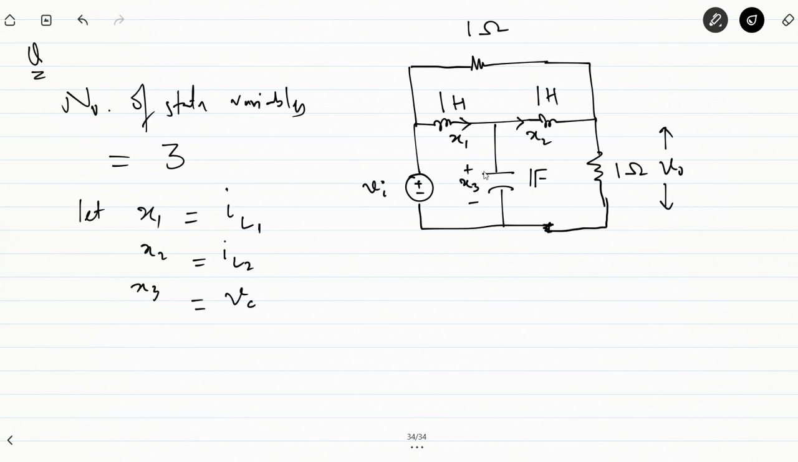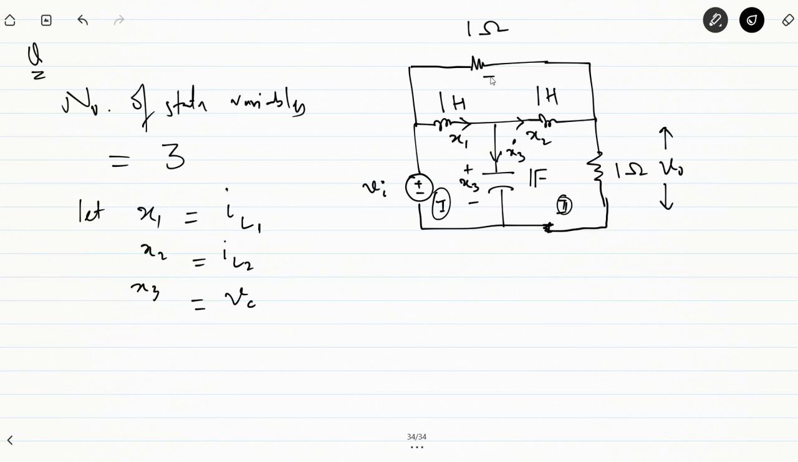If the voltage across the capacitor is x3, the current through it is C x3 dot. Now what is C here? That is actually 1. So the current through it is x3 dot in this particular case. And the voltage across this inductor, if the current through it is x1, will be L dx1 by dt, that's L x1 dot. L in this case is 1, so the voltage across this inductor is x1 dot, and the voltage across this inductor is x2 dot. Now by simply applying KVLs,